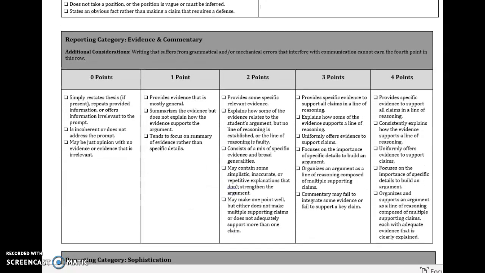The second reporting category is for evidence and commentary, meaning that you are providing good quality, relevant evidence to support the argument that you are trying to make, and that you analyze through that evidence. College Board calls it commentary, or a line of reasoning. In other words, you explain how or why that evidence helps to prove your argument